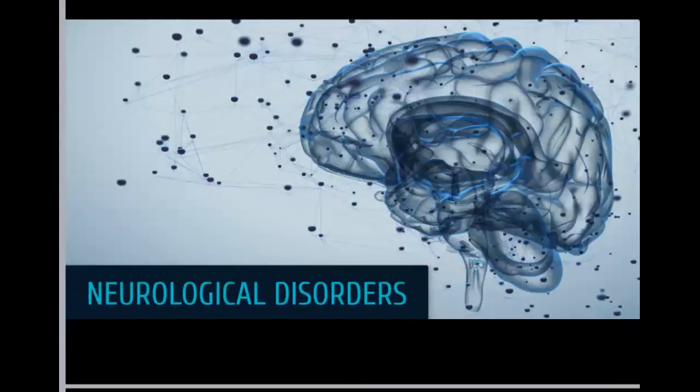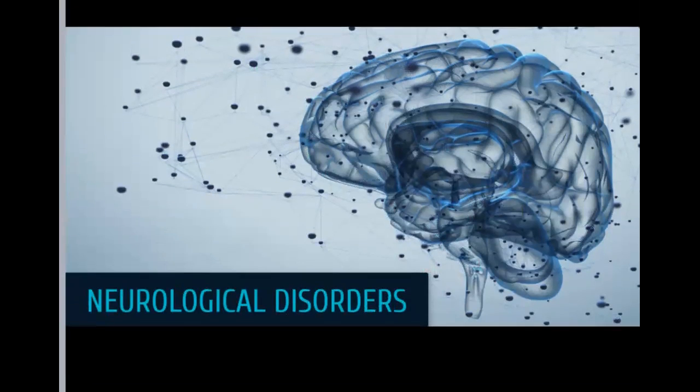So, neurological disorders. Why is brain health so important? A healthy brain functions quickly and automatically, okay? 1 in 5 people in the US suffer from a neurological disorder, which are diseases of the brain, spine, and nerves connecting them. The National Institute of Neurological Disorders reports the following common disorders: neurogenetic diseases such as Huntington's disease